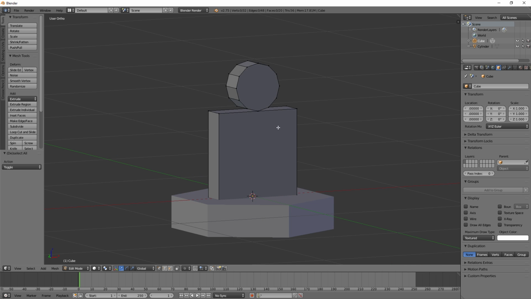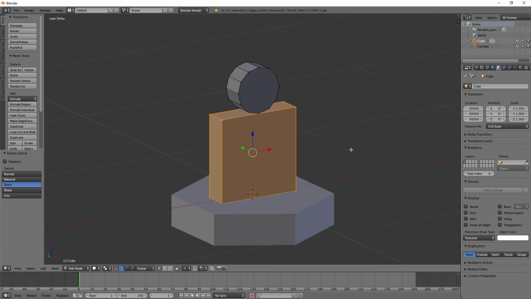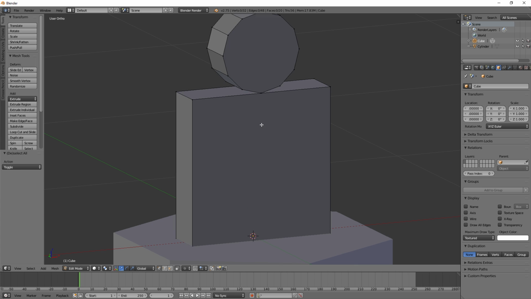But what I want to do at this point is I just want to select this object down here. Okay, this object here. So how are we going to do that? There's another way to select all connected. There's a way to select everything connected to this. I thought, oh, is it L? Aha, it's L. Thank you. So if I have nothing selected and I select one vertice in this object, and then I hit L,